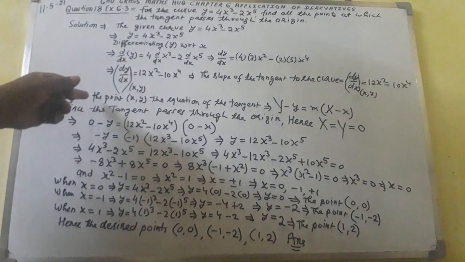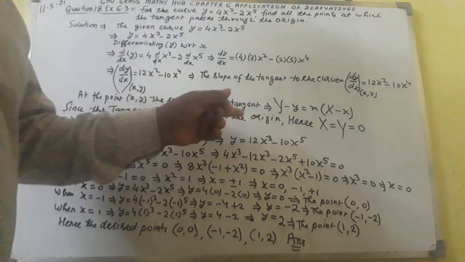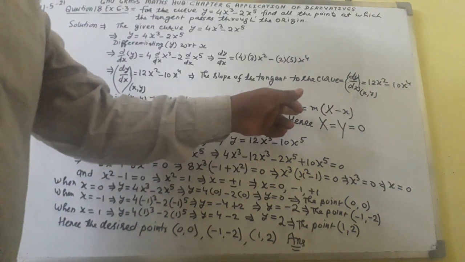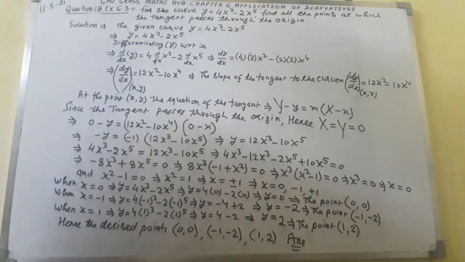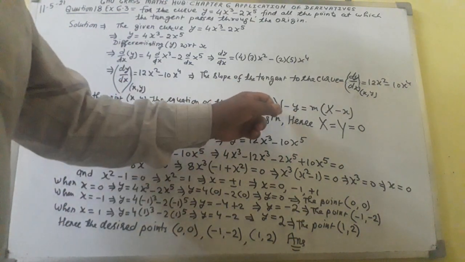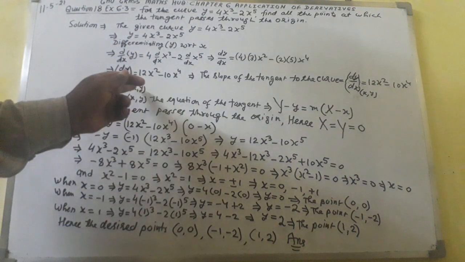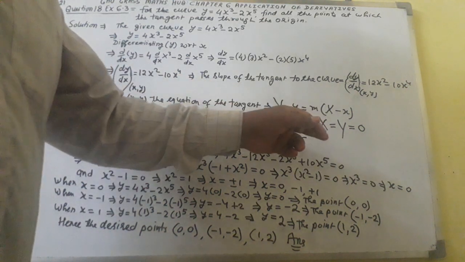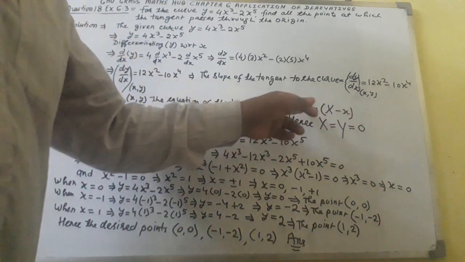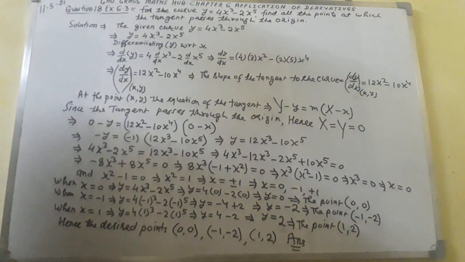Here at the point (x, y), the general equation of tangent comes out to be capital Y minus y equal to m times (capital X minus x). Since this tangent equation is passing through the origin, that's why capital Y will be 0, capital X will come out to be 0. The point at which we have taken the slope of the tangent comes out to be small x, small y, that will be the point. So be careful while solving this type of questions.